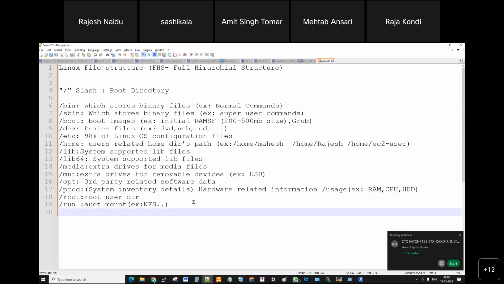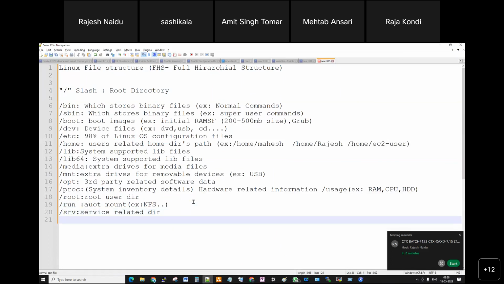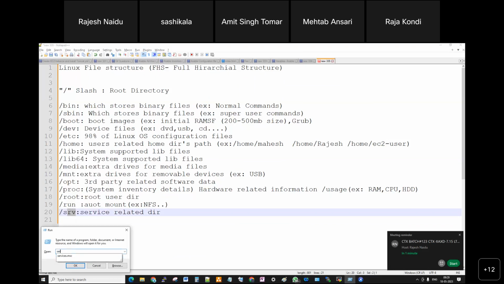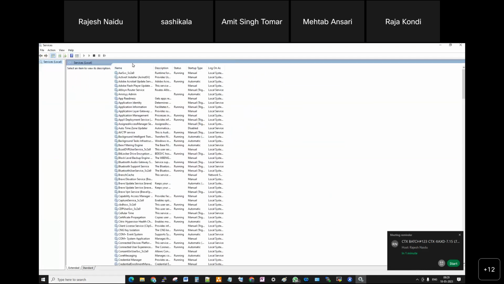Next, /srv. SRV directory, a service related directory. All the Linux related services, and any other applications you install on the Linux server, everything related to those services will be stored in /srv. For example, on your machine, if you go to Run and type services.msc, you'll see the list of services in Windows.